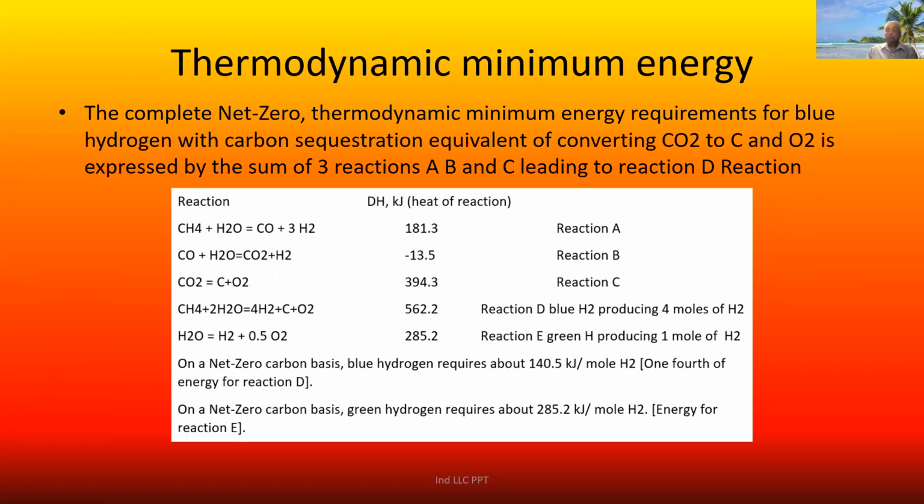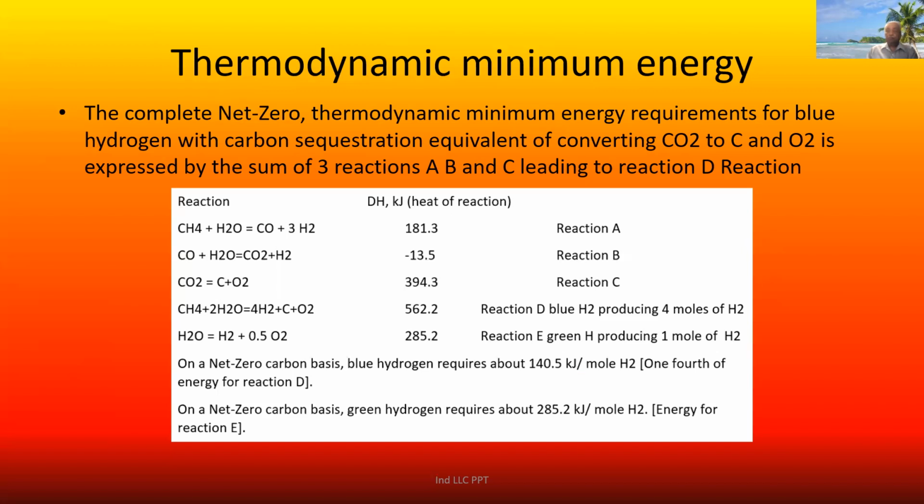When you convert 1 mole of carbon dioxide to carbon and oxygen, it takes 394 kilojoules, which has to be added to reactions A and B, giving a net equation where 4 moles of hydrogen are produced for 562